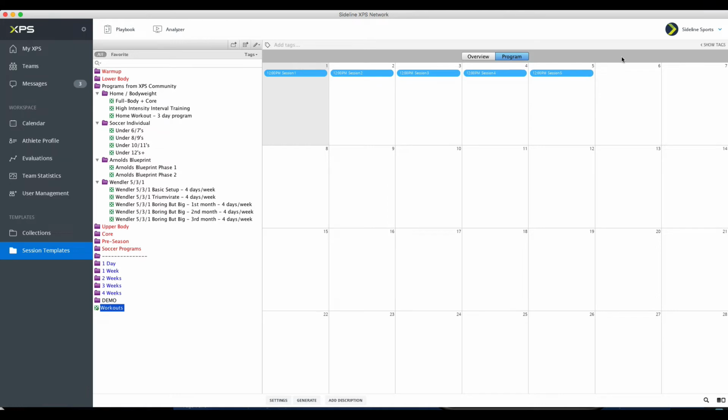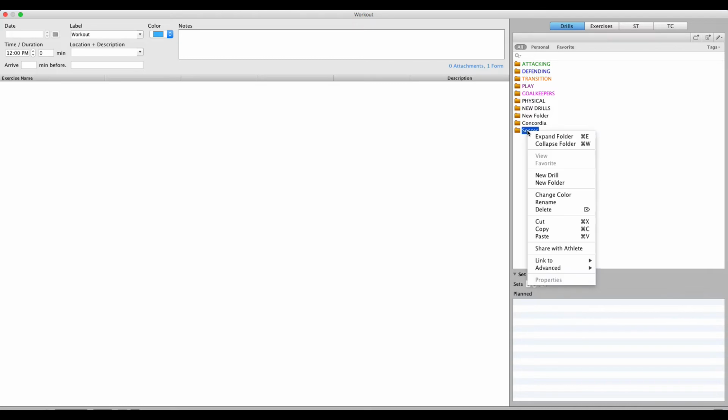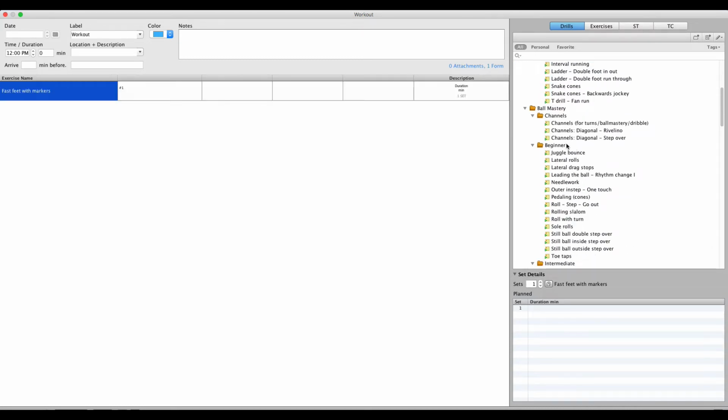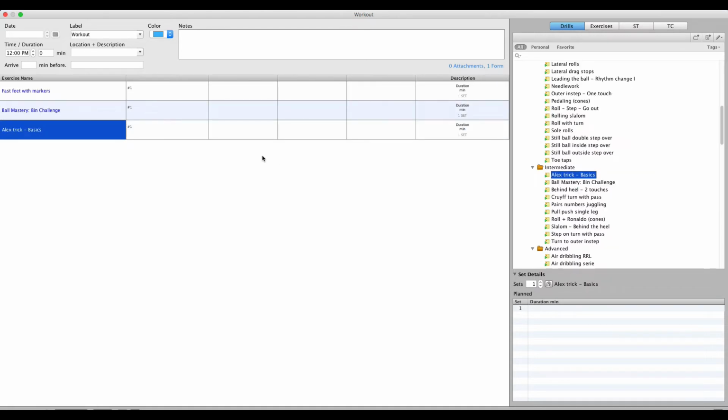Let's say we create one here on the 6th day. I double click, create a new workout. The thing about workouts is that even if they're individual, you can still put drills. I mean, you can have exercises obviously on workouts, but you can also have drills there. So we could just as well put up some drills here. Alright, so we're going to do these 3 here. And the same thing, you could put the minutes in or not. Maybe we just say this is a 40-minute session